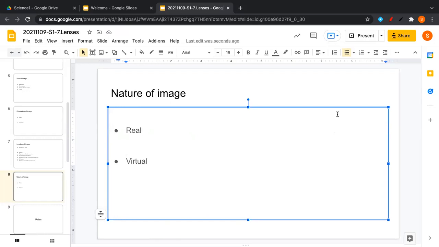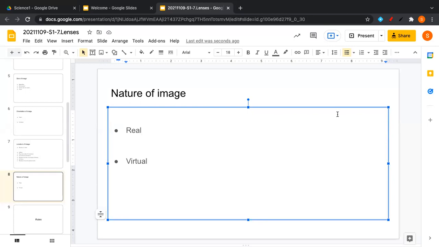So Prachi is saying, what are you defining, Prachi? Prachi says can be projected on screen. So what are we projecting? And what image are you talking about? You're on the right track. Be precise. Okay, so we will say real images can be collected on the screens.